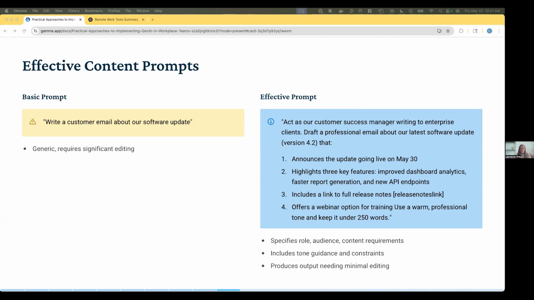Right. So in contrast, the basic prompt almost gives no guidance. It doesn't specify the audience, any key information, the tone it should take, the format it should produce. And so if you were to do this, you would get a very, very generic response that requires a lot of editing. So put that in contrast, the effective prompt actually states the role the AI should adopt,